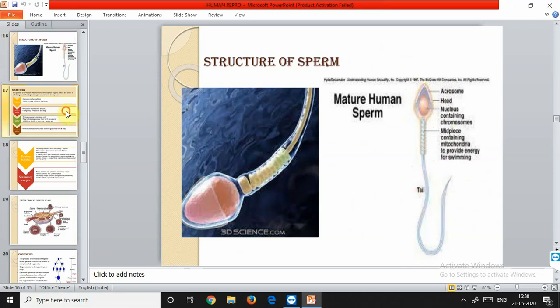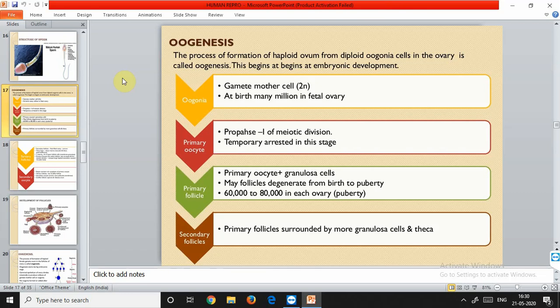Now we'll talk about oogenesis. Oogenesis occurs in the ovary of female animals. It is comparable to spermatogenesis so far as nuclear changes are concerned. Some nuclear changes are different in the two, spermatogenesis and oogenesis, but the rest remains the same. The cytoplasmic specialization in oogenesis is completely different from spermatogenesis. We have seen there was almost negligible change in the amount of cytoplasm, but in oogenesis there are much greater changes in the cytoplasm of the ovum.